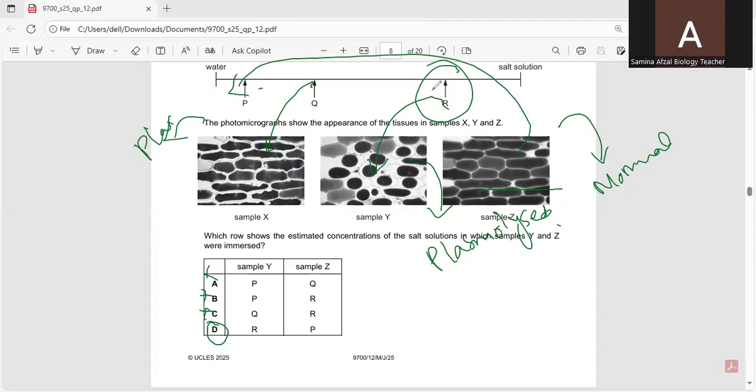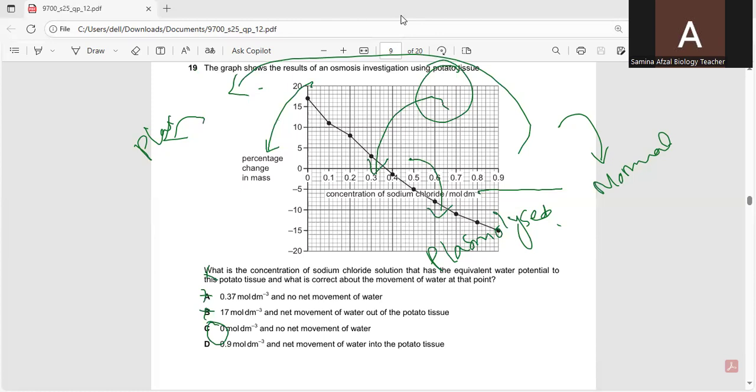So when we keep the cells into the concentrated water with salt, its water potential will be decreased. So it will lose water and it will be completely plasmolyzed. So moving towards the next question, number 19, and question number 19 is